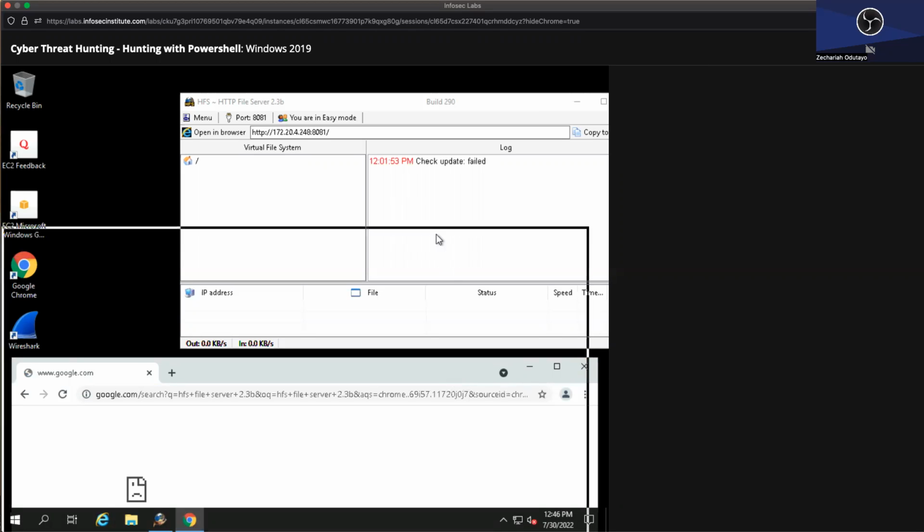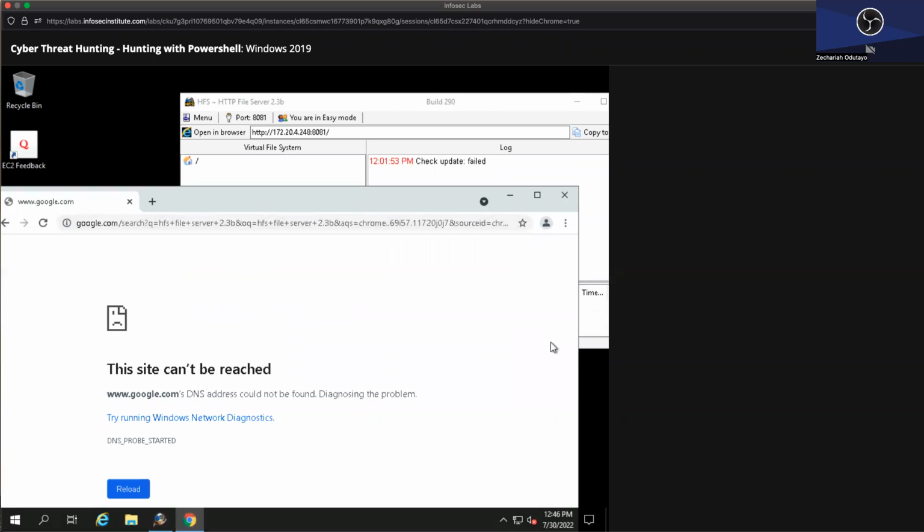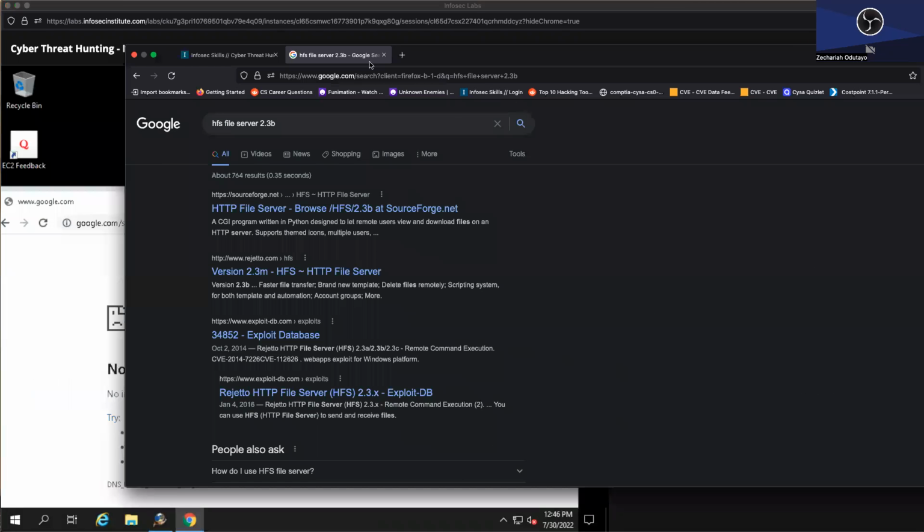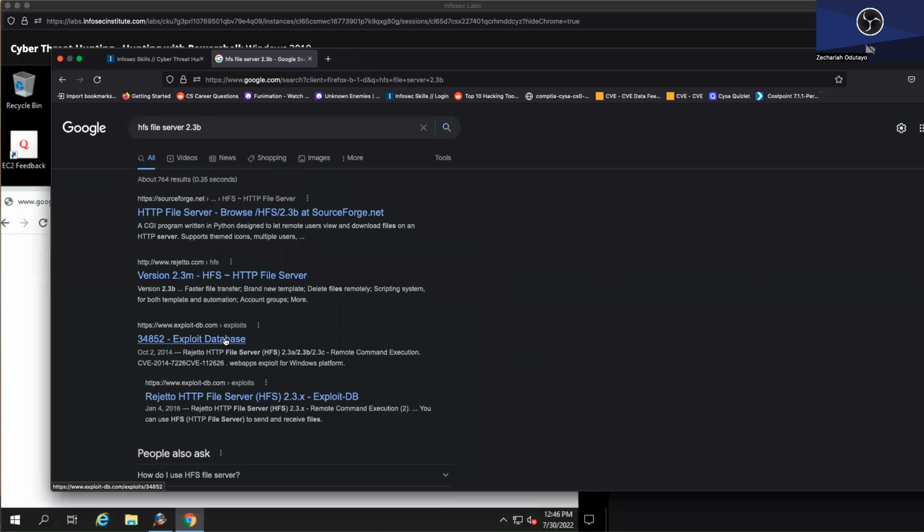It looks like I don't have connection, so that's fine. I will use my own internet connection since this is a lab. So I will do HFS again. I'm doing it on my other screen, you just can't see it. I'll slide it over once I get the information that we need to perform this attack. So if we go on exploitdb.com,